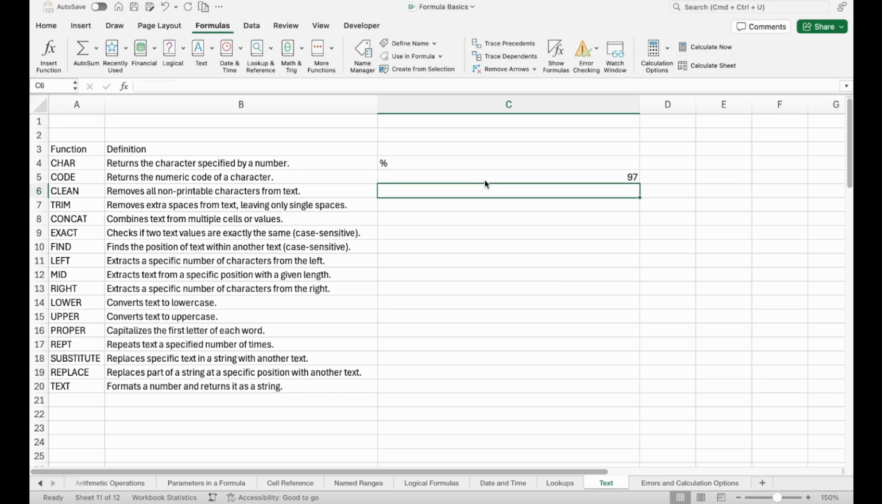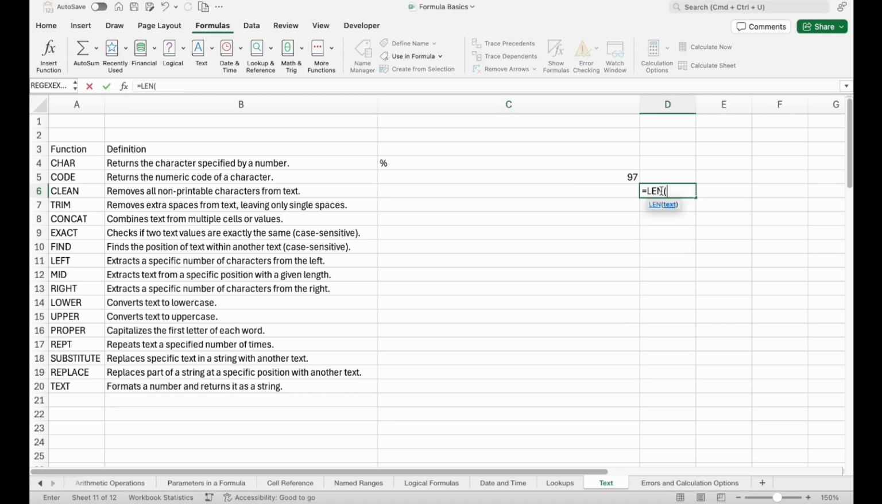CLEAN removes all non-printable characters from text. Generally, non-printable characters are something that you cannot visualize. They are there, right? For example, character for number 7 is invisible. How do we know that there is a character indeed? So I can do a LEN formula which will give me the length of this cell, which is 1. For example, this cell is 0 because there's nothing here, and this cell has a certain value which is character